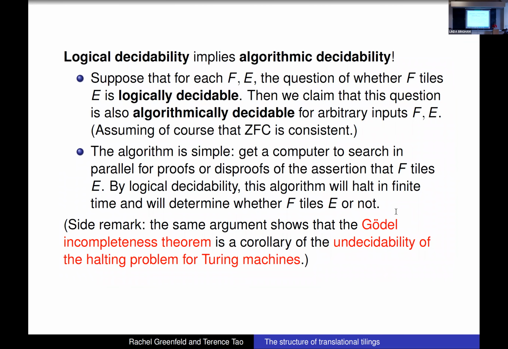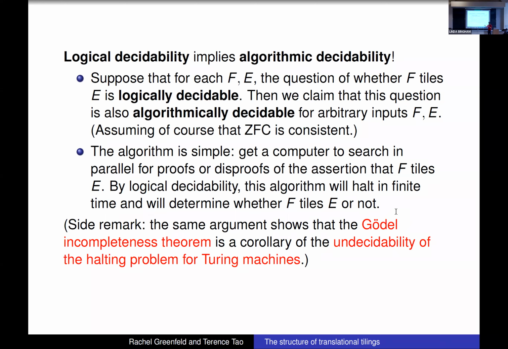So there's a standard argument that if a problem is logically decidable, then it will automatically be algorithmically decidable as well. This is sort of obvious for logicians, but maybe just to go through this. Suppose that the answer to the logical decidability problem is yes. That means that given any tile F and any periodic set E, the sentence "does F tile E" is always decidable. It's either a proof that it tiles or a disproof that it doesn't tile. Then, with one caveat, assuming ZFC is consistent, which I will assume, this implies that